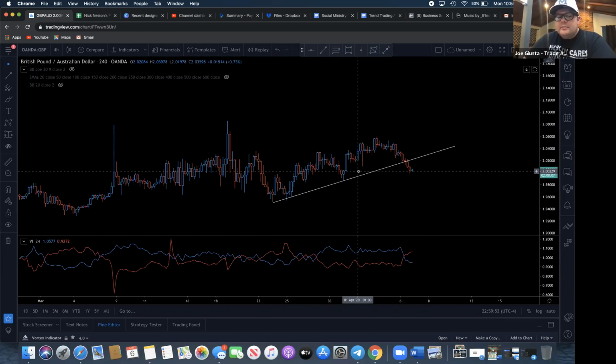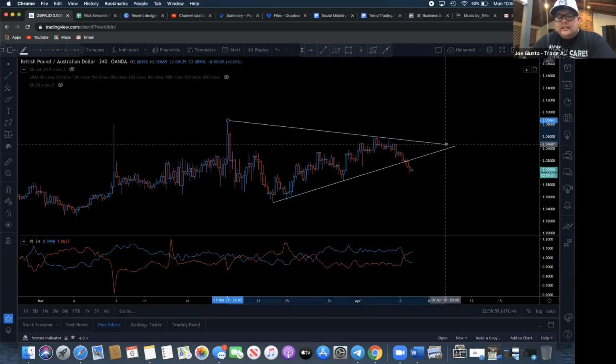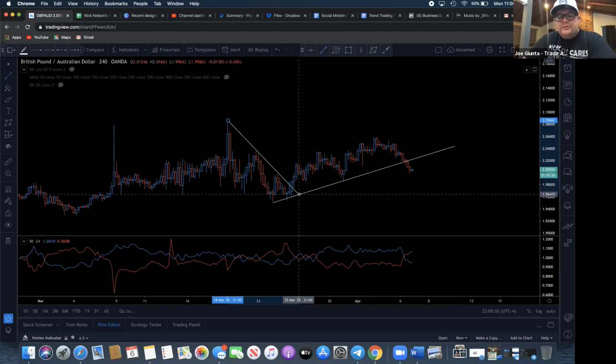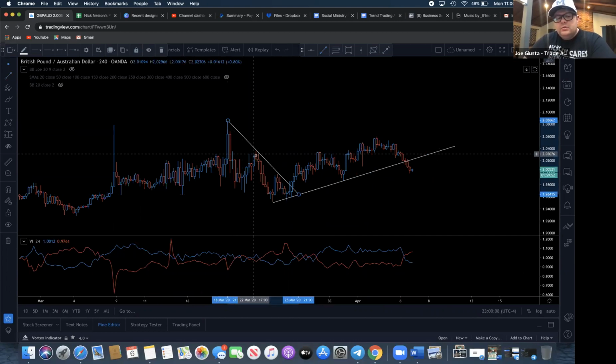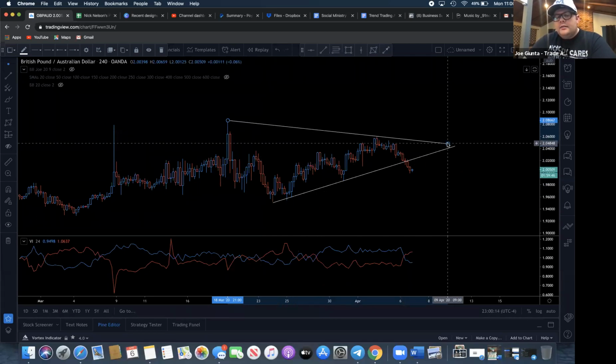And what does that mean? I'm going to show you a little bit deeper. I'm going to go like this because remember, this was valid until it was broken. That was the trend right here. 1, 2, go through, but then it was broken. So that trend is no longer valid. Right? Everybody with me?